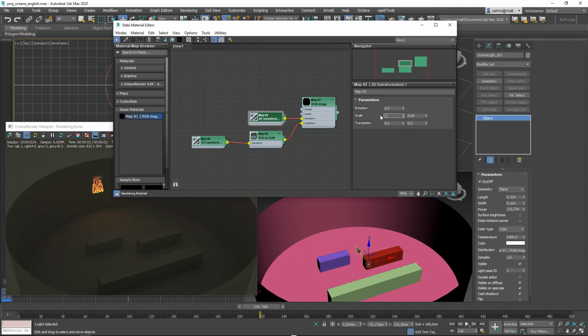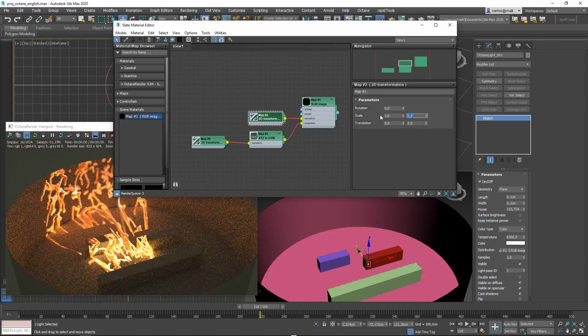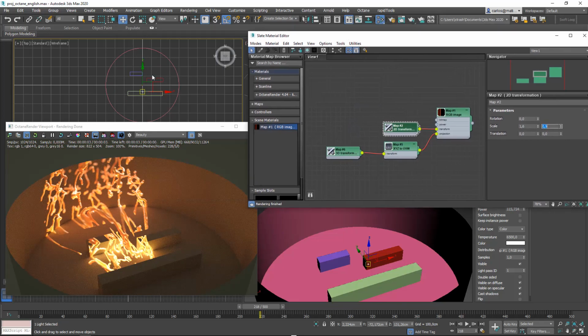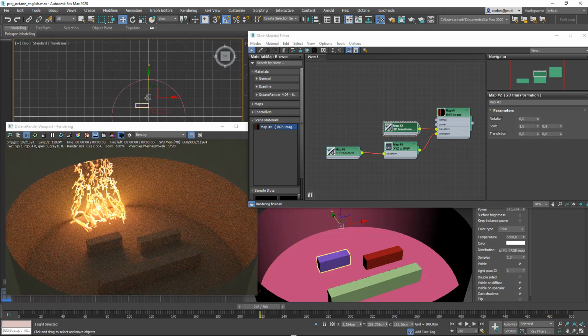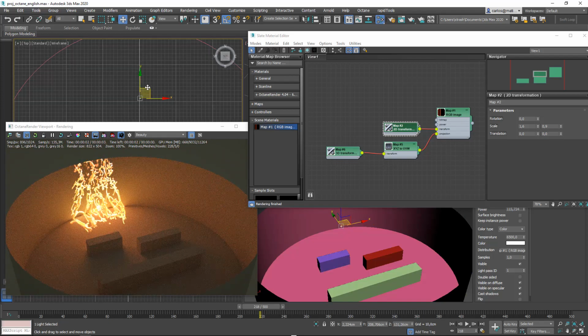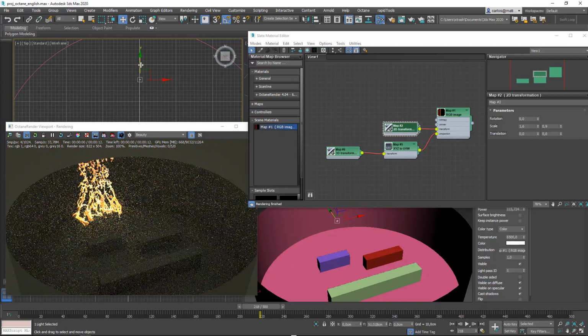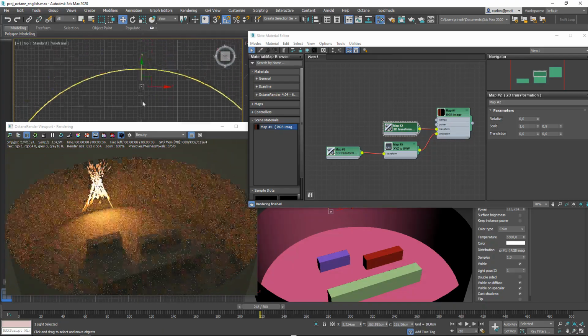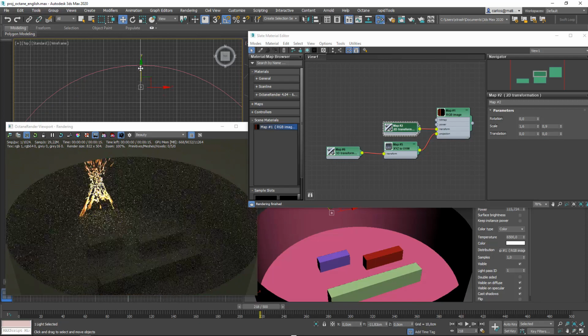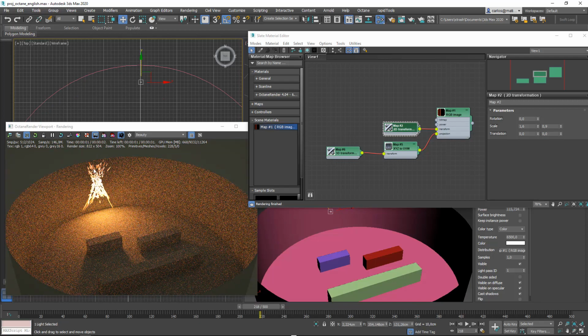Let's say 1.6 and 0.9 here. So my picture is really big, but if I move my projecting light near the wall, as you can see, the picture could have been